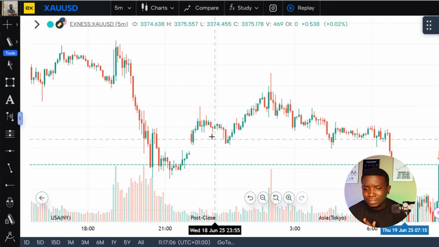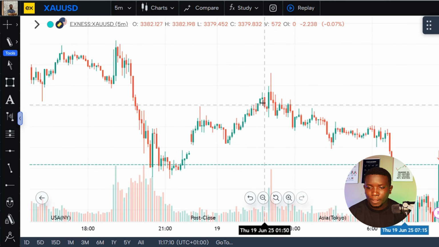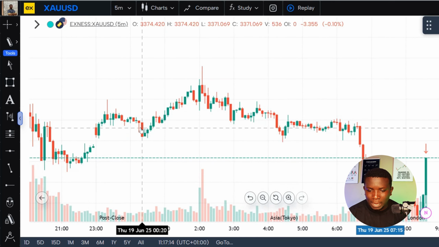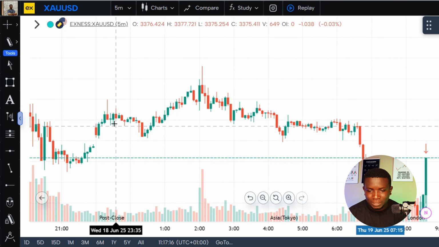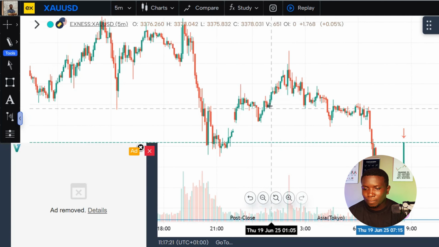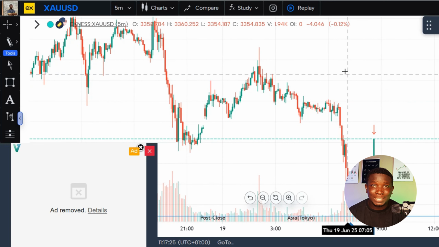So right now, today is 19th of June, 2025, as you can see right there on my screen, okay? So this day started basically from this level right here. You could see this shows 19 from here, okay? So I came to the market at this time, all right? While I'm in the market, there's something I could see clearly.